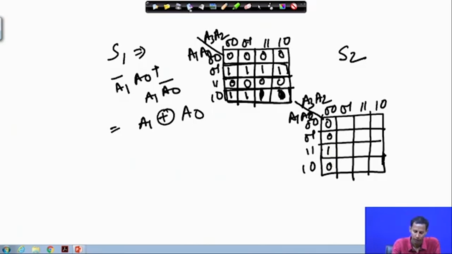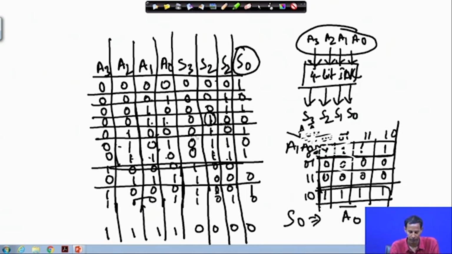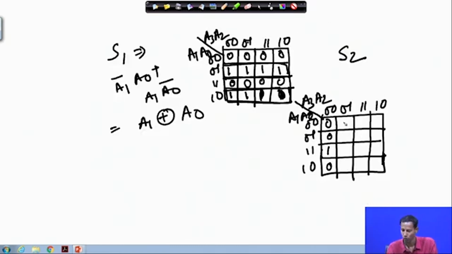Then again you go back, for 4, 5 and 6 that is 1, for 7 again that is 0, for 4, 5 and 6 that is 1, for this 0. Then again for this will be